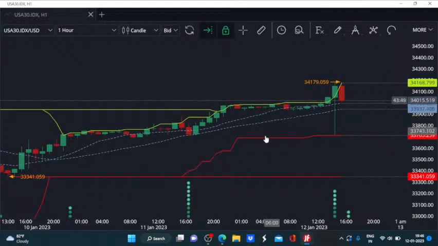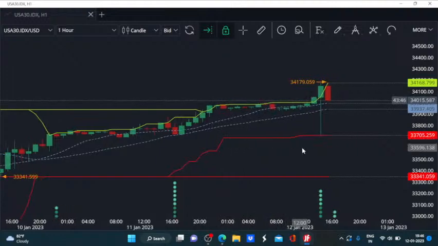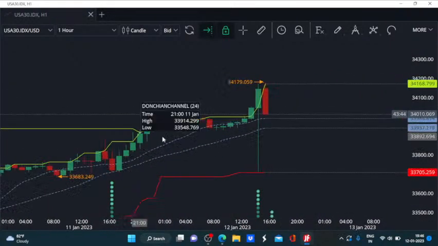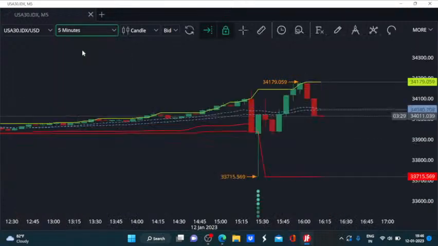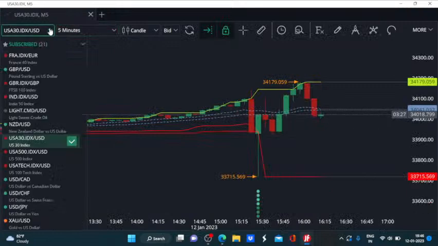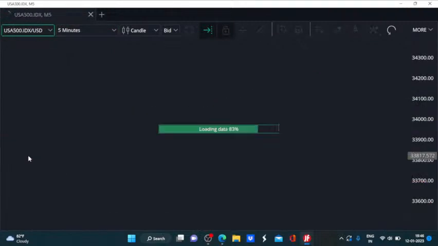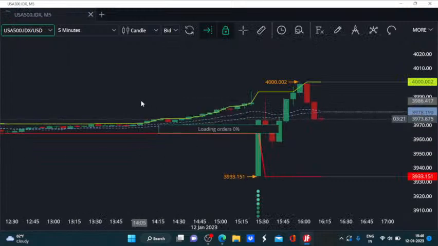And in today's session, the same thing stands with this formation of higher highs and higher lows. We will have to keep these 33,700 as the key level to watch out for in coming hours, and as long as the price action is unfolding above it, we will have to keep the bullish stance and keep looking for the buy on dips trade. Now we have to see if we have the Dow Jones as the best choice, or if there are better opportunities with better momentum emerging for us elsewhere.